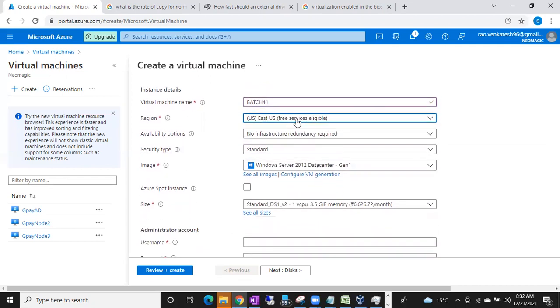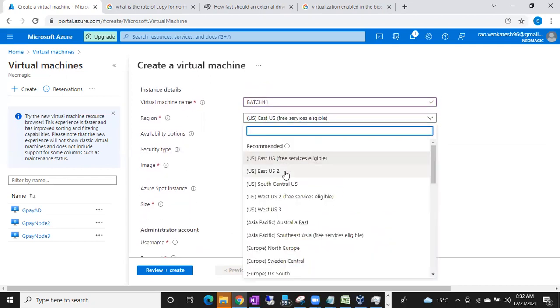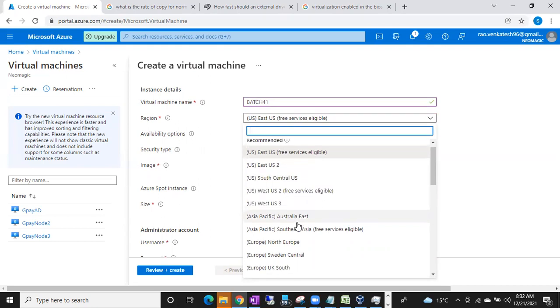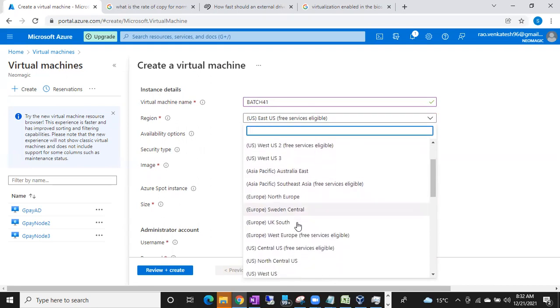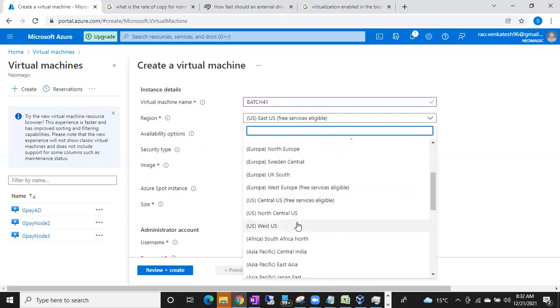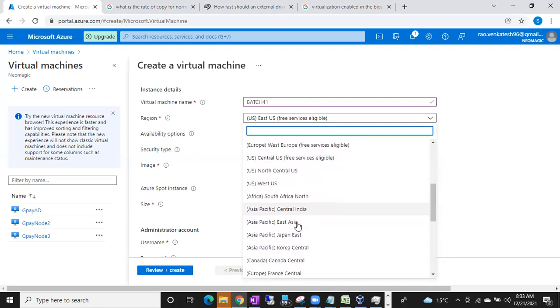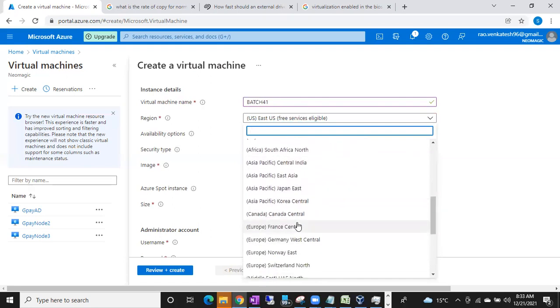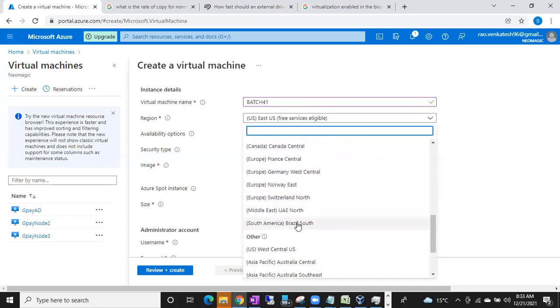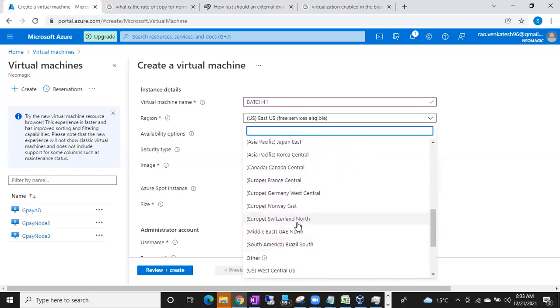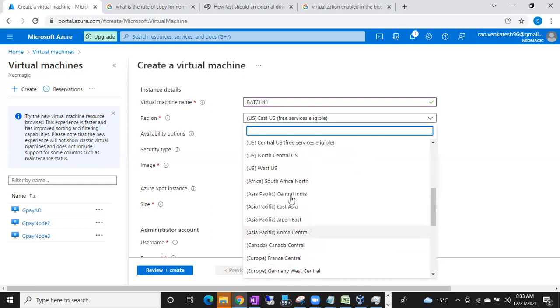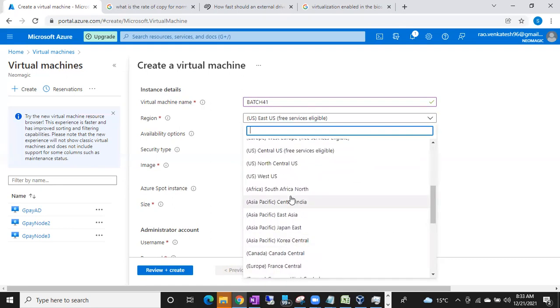We have data centers in the US, Australia, and Europe. From India also we have data centers, and from Asia, Japan. Like this, we have different data centers in different regions. These are the regions, and here you can choose the nearest region.